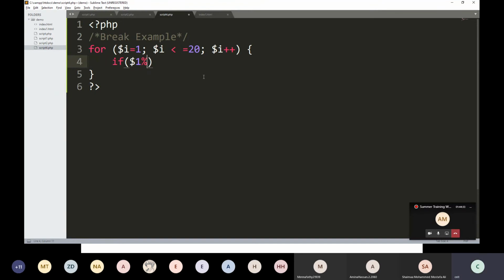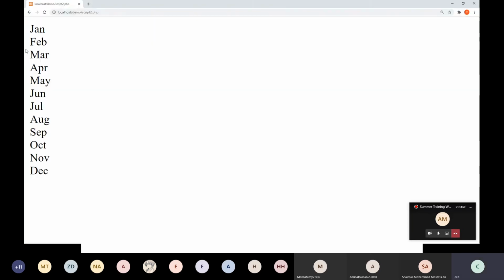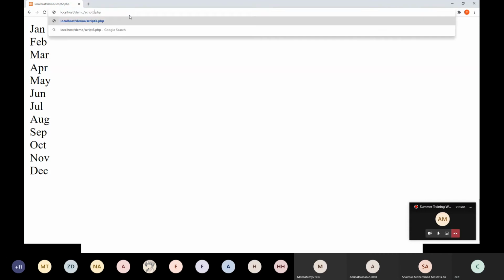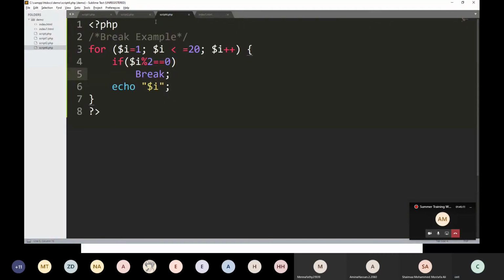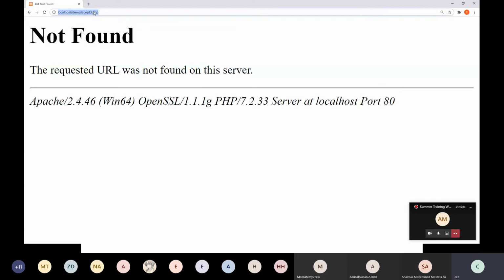My code is: if $i modulo 2 equal to 0, then break. Echo $i. In this case, first we will see the output. I have given the name script 4.